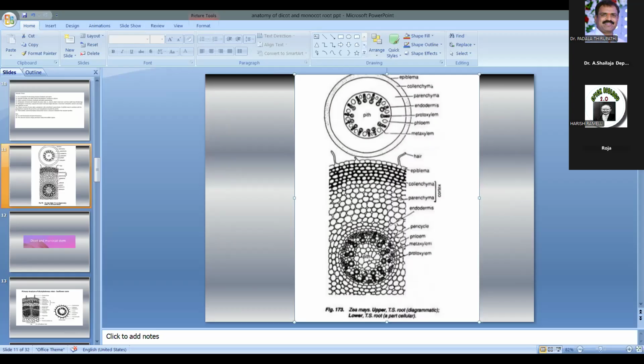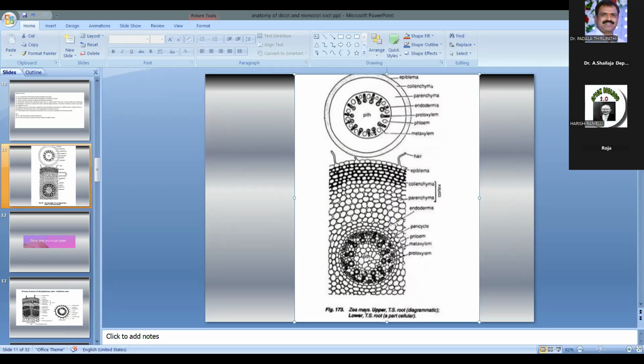Examples already given: Brassica, Raphanus, Ipomoea, Daucus carota, carrot, beetroot, mullangi. So these all are examples for the storage roots. Underground roots become thickened and serve as the organs for the storage of food. Such swollen roots are called storage roots or tuberous roots. Examples: Brassica rapa, Raphanus sativus, and Ipomoea batatas. Each cambium ring produces a wide zone of secondary xylem and a small zone of secondary phloem.